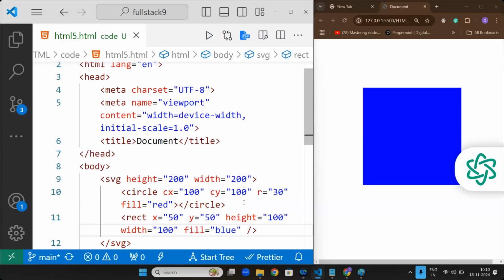Now what is the use of bringing it like this? You can even do it in CSS also, but these are SVG ones. You can give different kinds of images in it. You can give different kinds of properties in it. But mostly we will use it for graphics. Next,